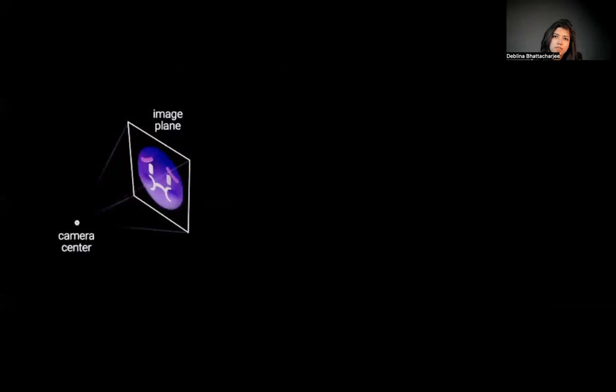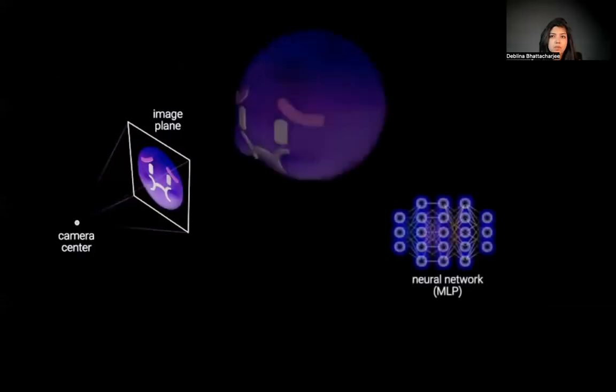So let's take a look at how this really works. Given that we have this image with the known camera position looking into this three-dimensional space, we want to recreate this image as a three-dimensional object. We do so using a network which essentially works as follows. Given a pixel on the image, we can cast this ray passing through this pixel into the 3D world.